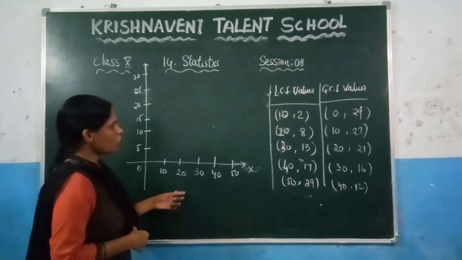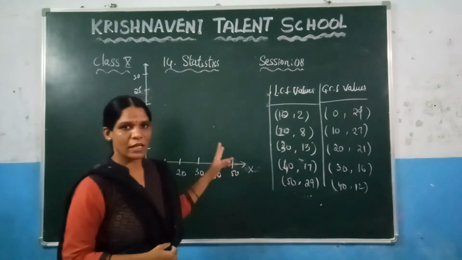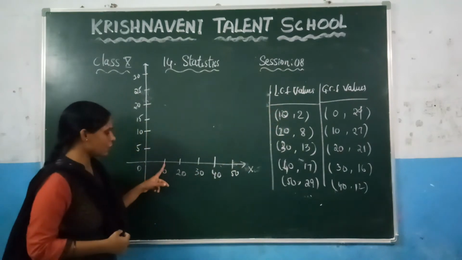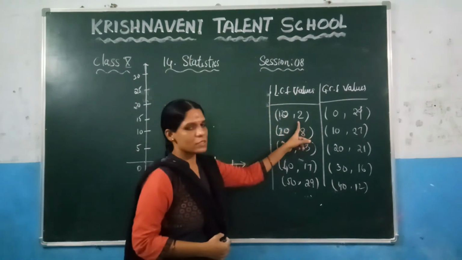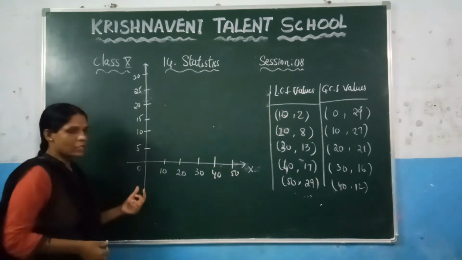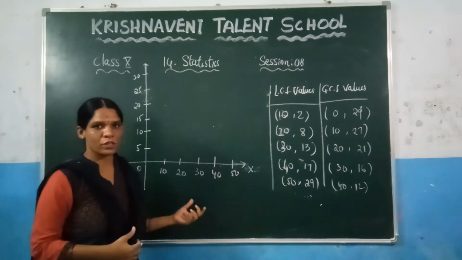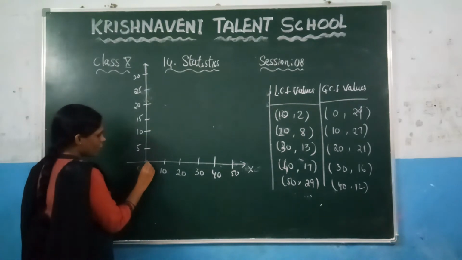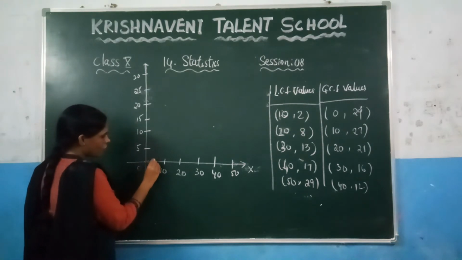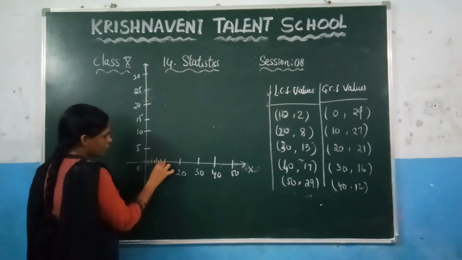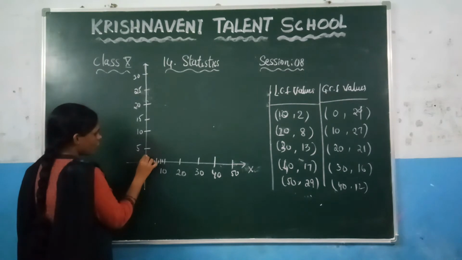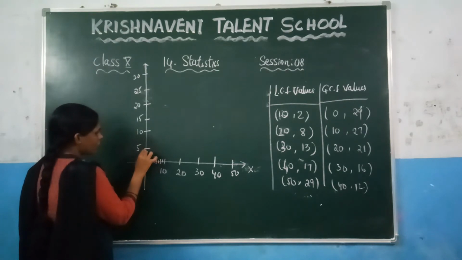So if you want to represent less cumulative frequency values on the graph, what is the x-axis point here? 10. So you need to go for the 10, and after that on the y-axis what is there? 2. You need to go for the 2. Here you can observe that many people have this doubt. Each unit is divided into 10 parts in a graph. You can observe that like this it will be 1, 2, 3, 4 and after that the fifth one, then 6, 7, 8, 9, 10. Like that they will be, on the x-axis or y-axis also, 1, 2, 3, 4, 5, 6, 7, 8, 9, 10.